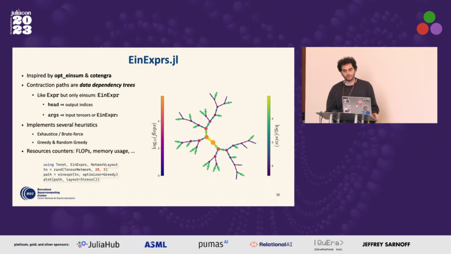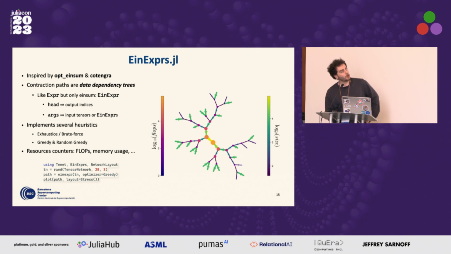With this kind of structure, it's very easy to view it as the data dependency of the computational graph. And you can plug in any heuristic or search, like an optimizer, and you can also do further optimizations, for example, use this heuristic until you get to this depth in the tree, and then use this other